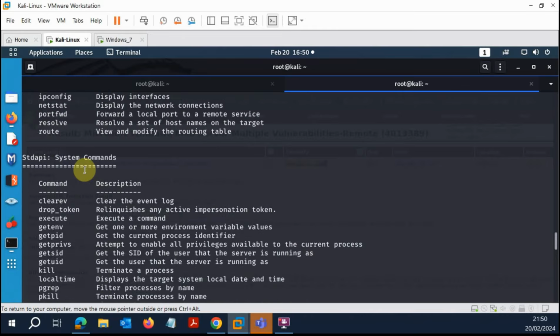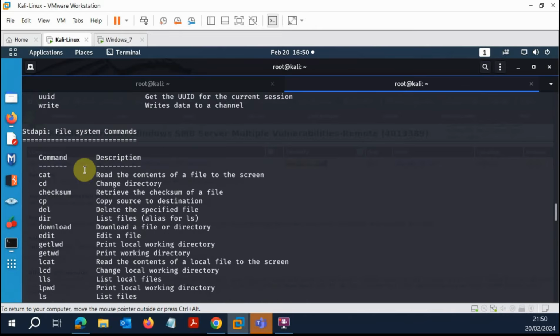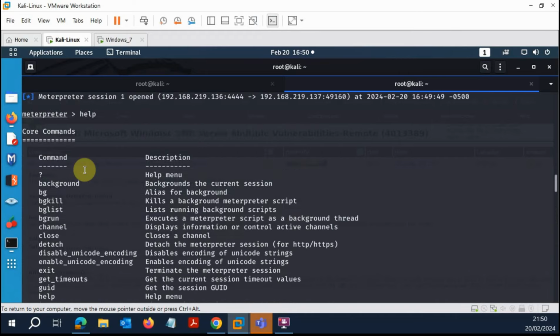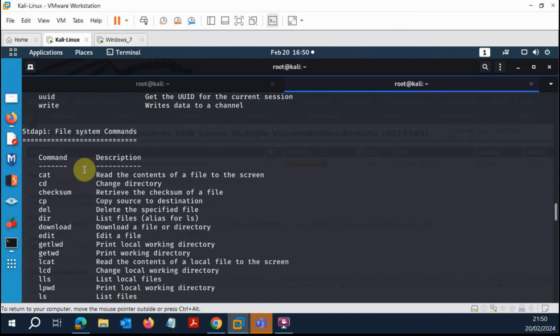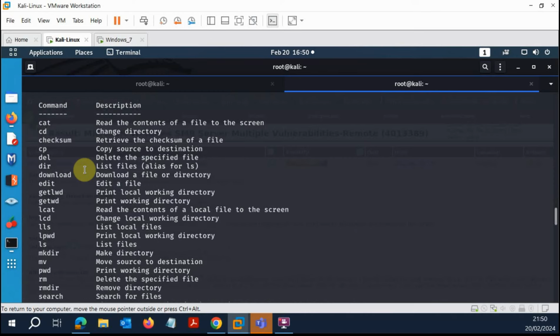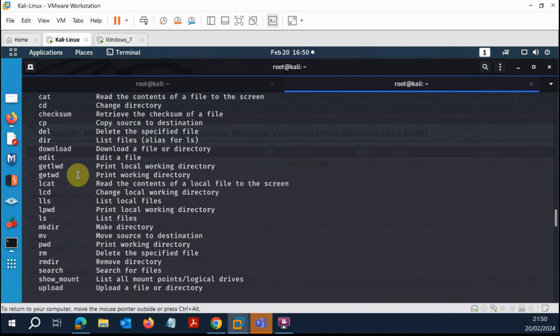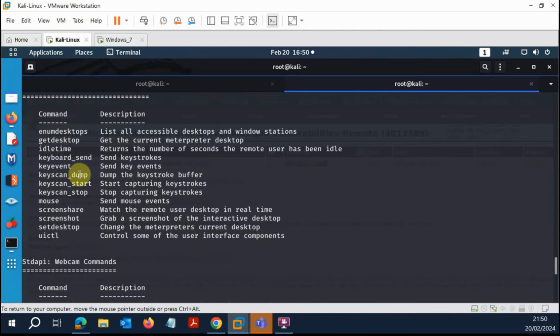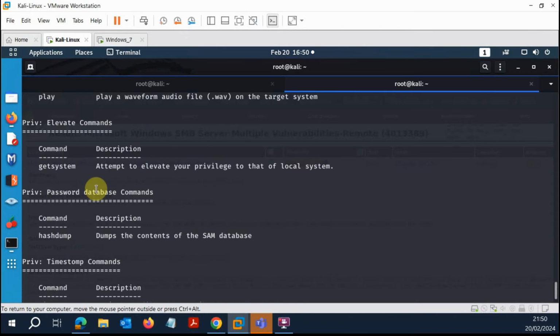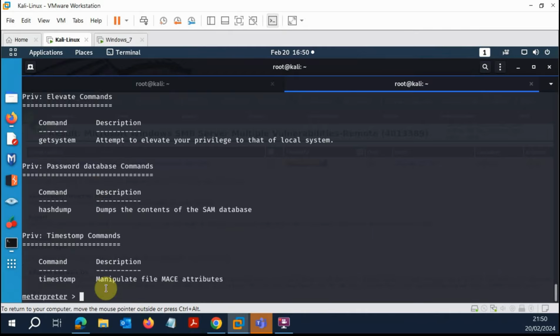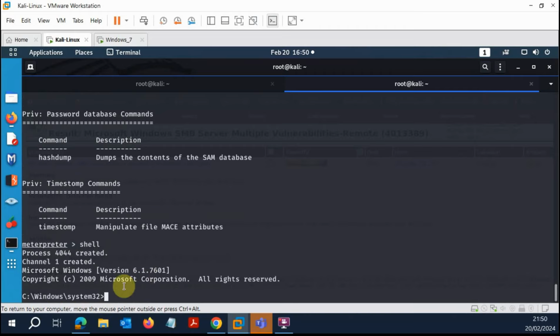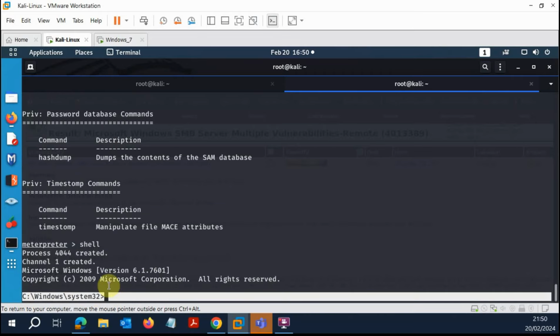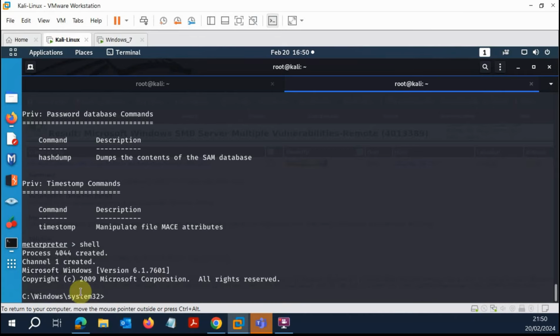But what we want to do is to get a proper shell. So one of the commands that we need here is the shell command. I think it's under file systems, is it? I can't remember where it is, but you can search for it to find out exactly. I am just going to type in the shell command. When I type in shell from my Meterpreter shell, you can see now I have a Windows shell. So remotely, we've been able to exploit that vulnerability, and now we have a Windows shell on our